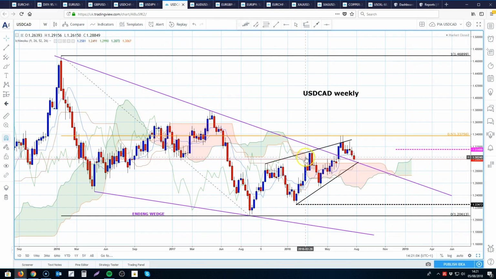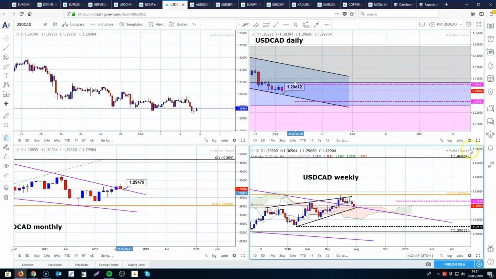If we go to this time frame, this is the wedge formation that we've broken out, but we also had this inside wedge formation which has actually held. So a break of 128.85, and the measured move target is down here at 122.47. If we go to the daily chart,